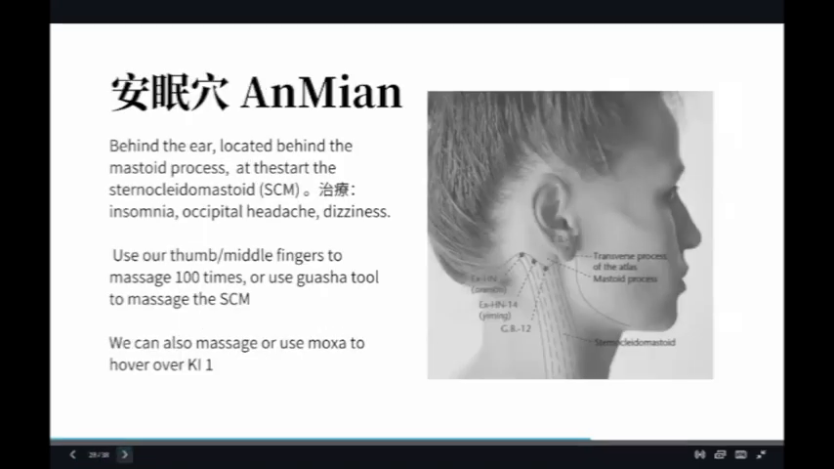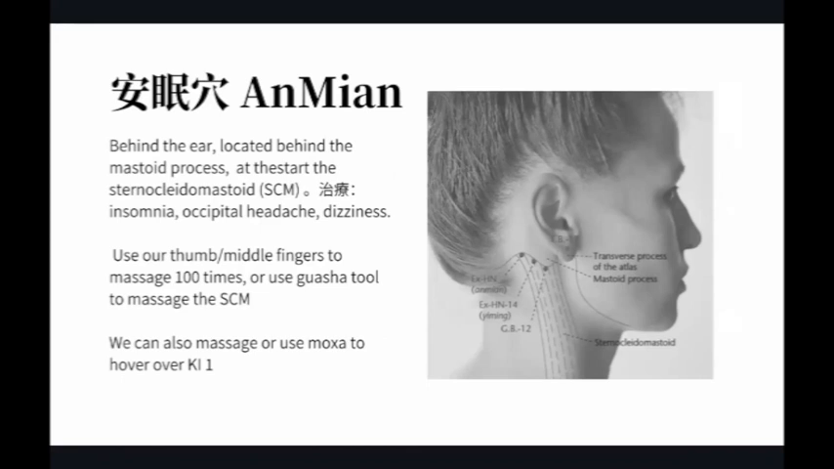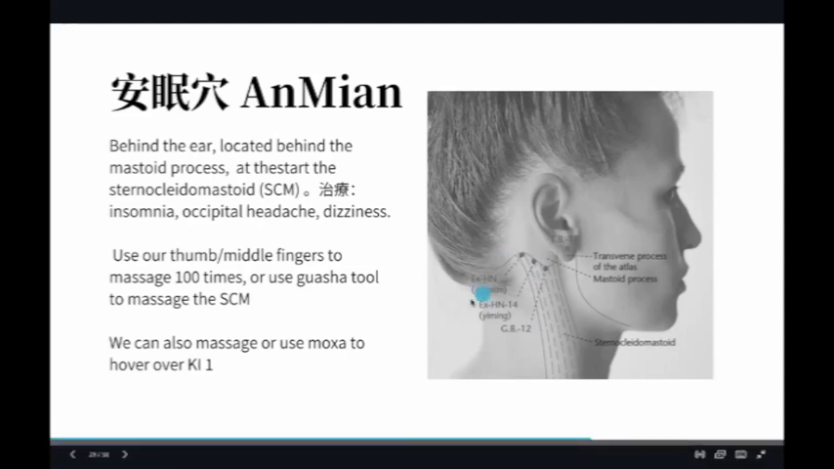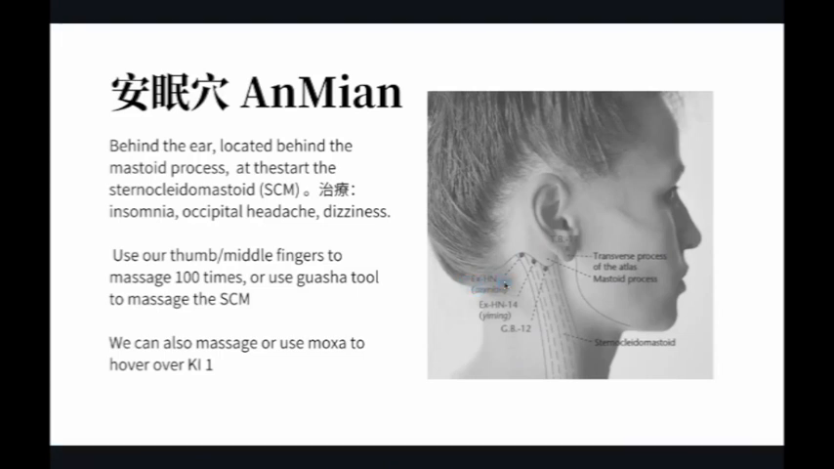Okay, this is also the extra point that I'm sharing with you today. It is called Anmian, so it's behind the ears. You can see in the diagram. This is an extra point, so it's not sitting on any meridian. It's located behind the mastoid process, sitting at the start of the SCM muscle that we talked about. This one helps you to relax and relieve headache in this region and any dizziness coming from the